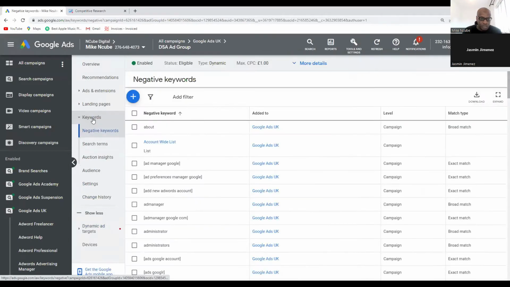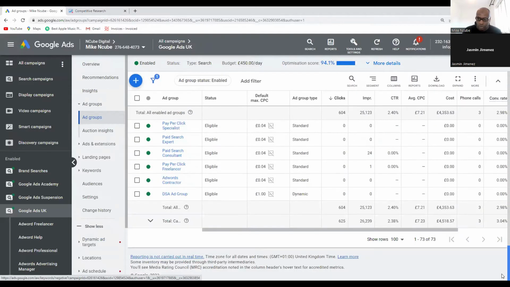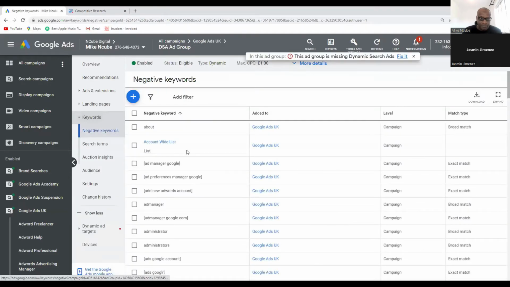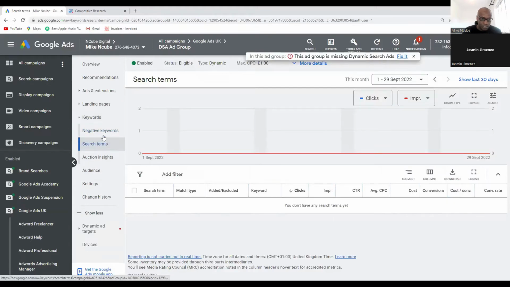If you notice, let me look at it from the campaign level, just to make it easier. So if we go to campaign and we go DSA, this is a dynamic search ad group. It doesn't have any keywords. If you notice, it's just got negative keywords, and then it will have search terms when it starts running. So you don't add keywords in a dynamic search ad group. The system is the one that finds the searches for you to target based on the context of your website,